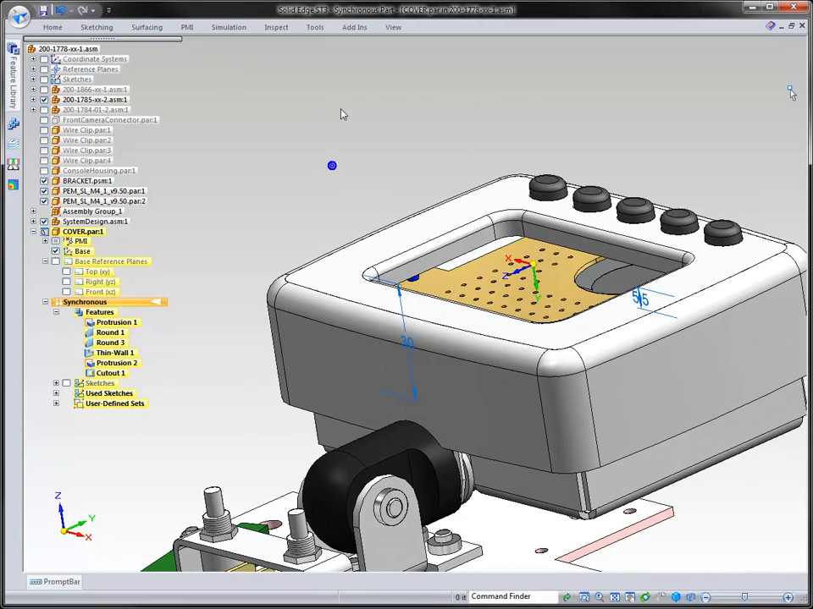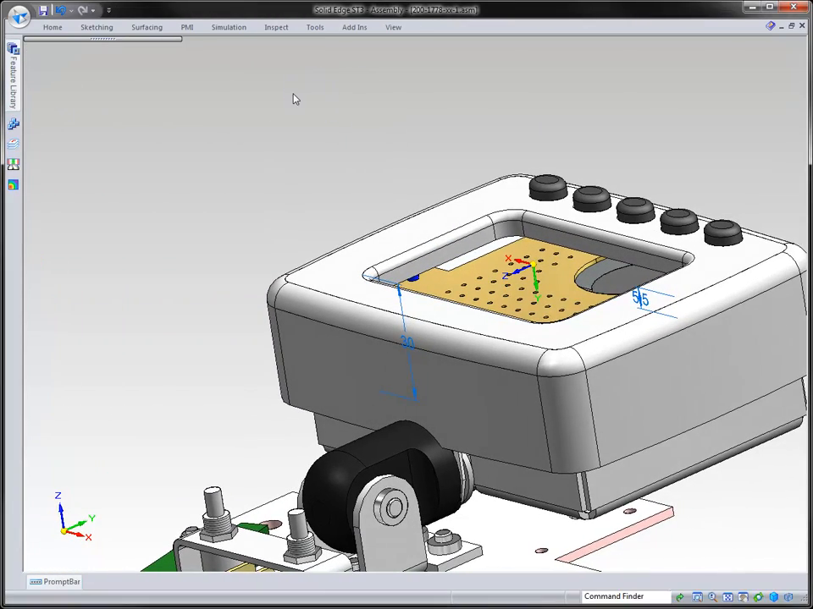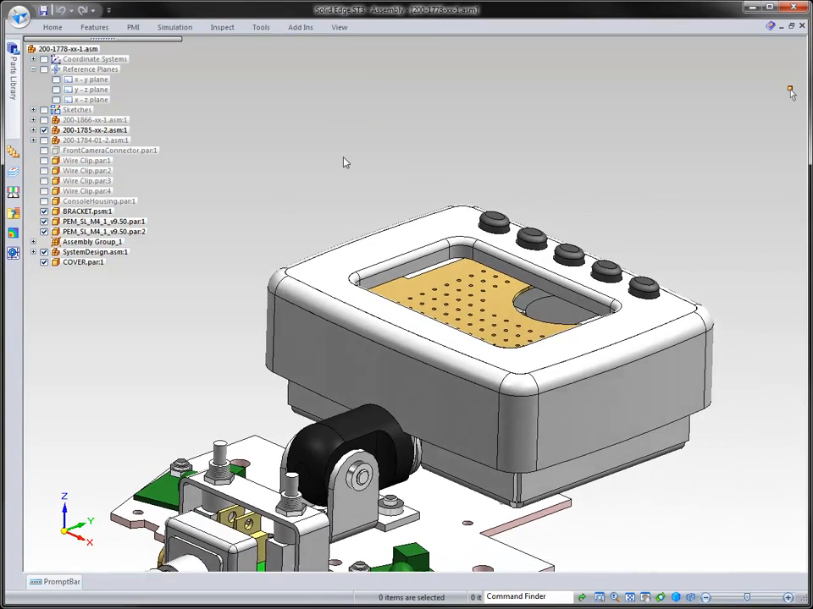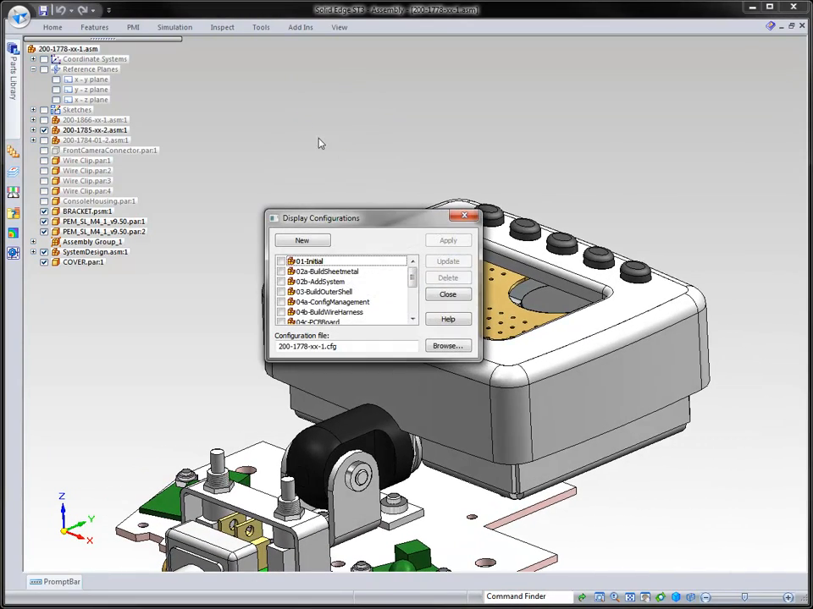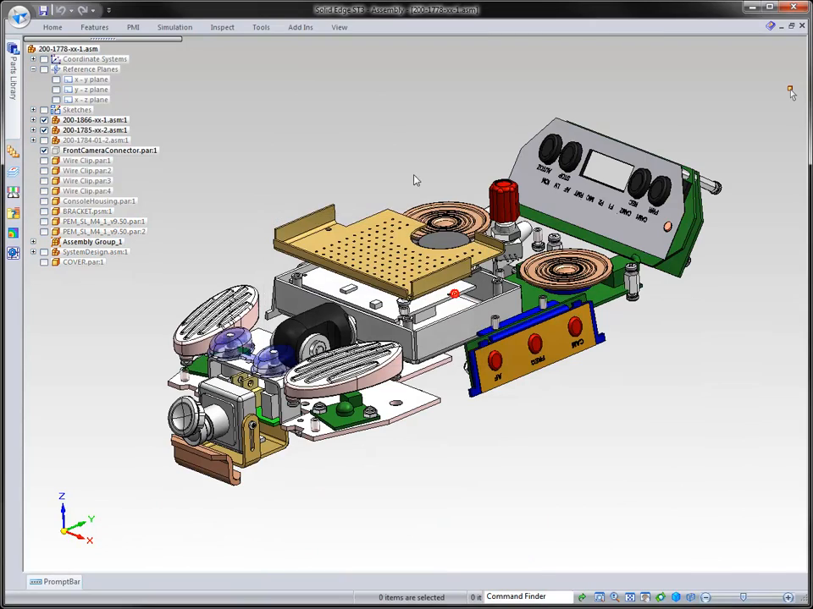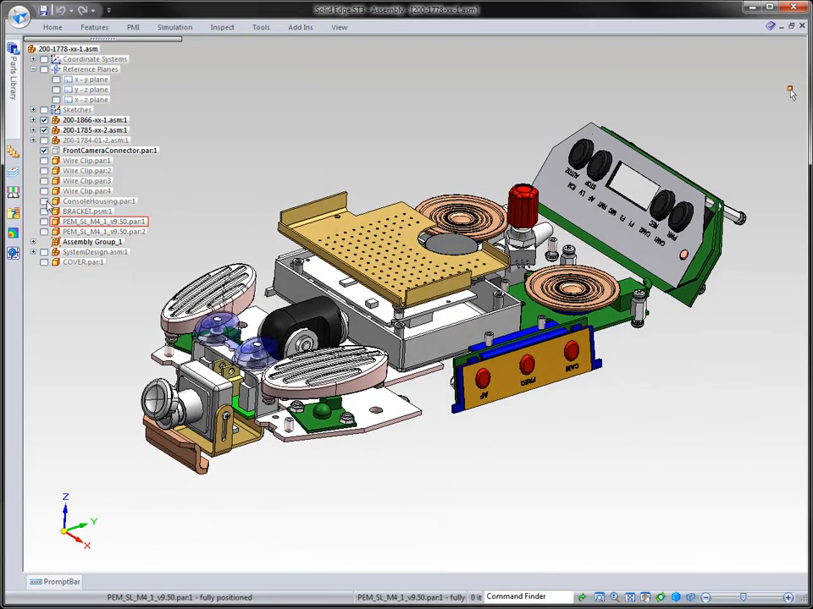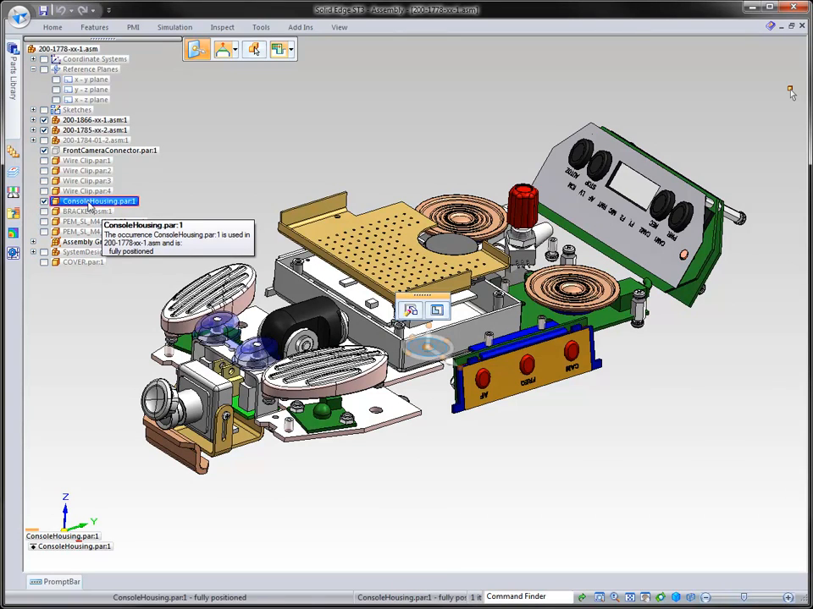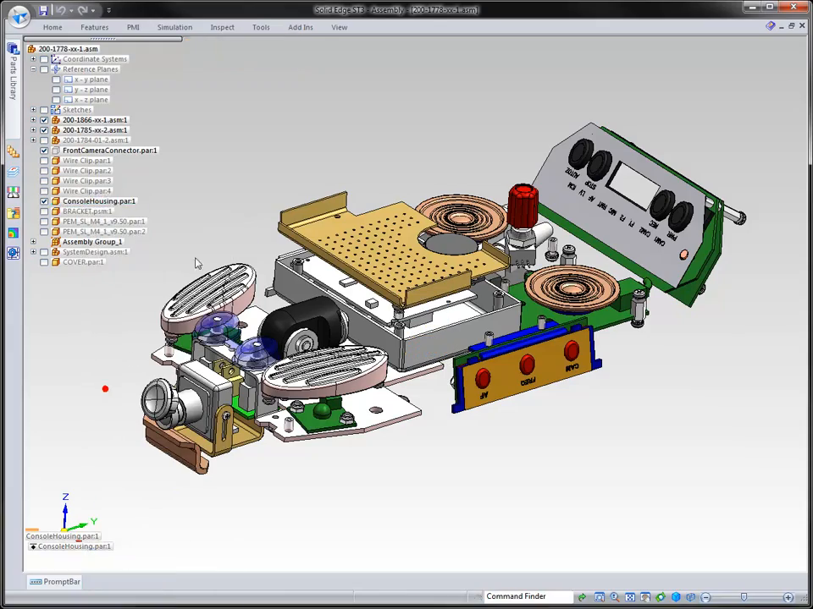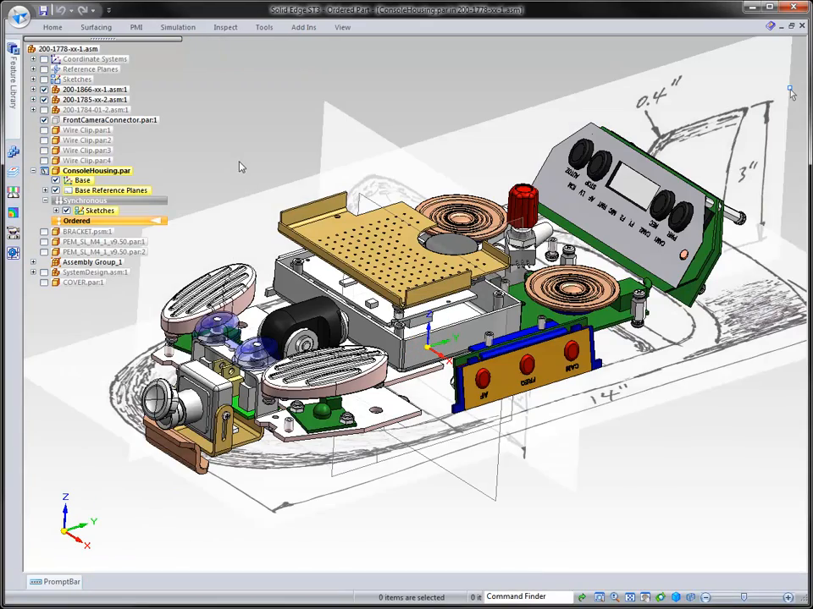So now let's go back to our top level assembly, and what we want to do now is focus on the ability to design a very stylized plastic part that will go into that and covers the entire assembly inside of here. And what we've done is we've had an industrial designer